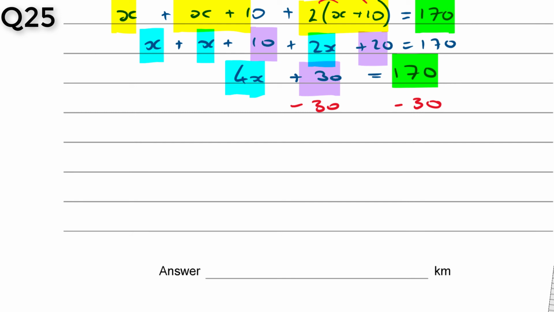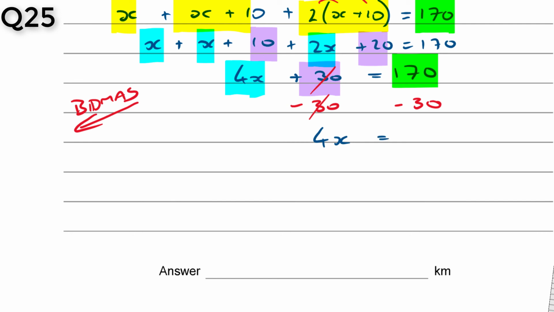Okay, again, if you're wondering about which one to move first, if you think about what I was saying in the last question about BIDMAS backwards, it's the same when you are solving these sort of equations as well. You kind of unwind them going through the opposite order that you would do if you were actually working them out. Okay, so that's going to cancel with that, and it's going to leave me with 4x is equal to